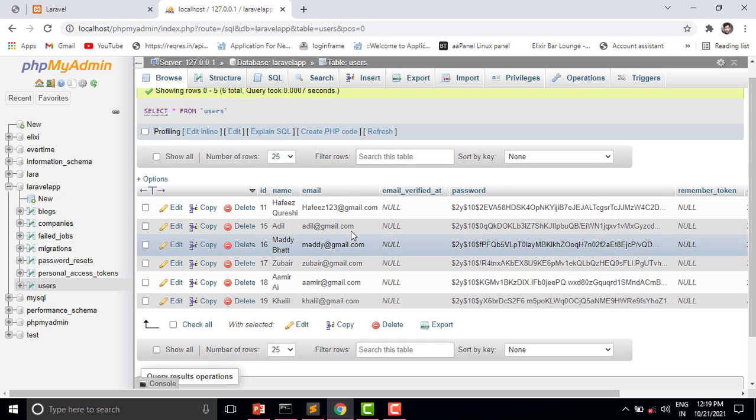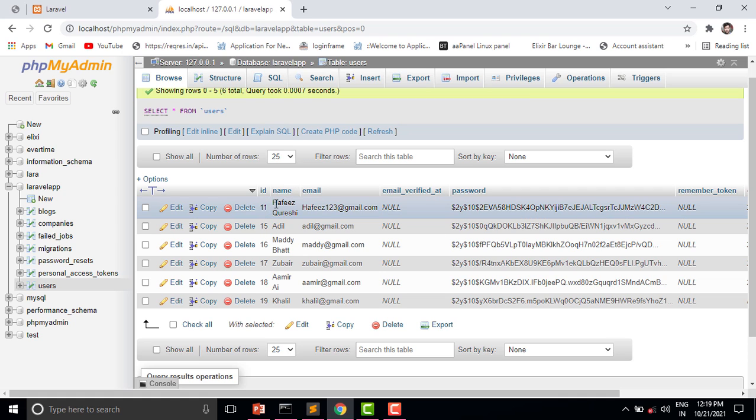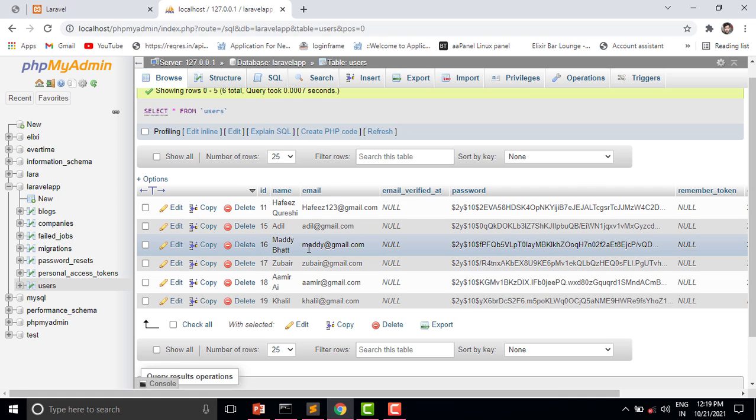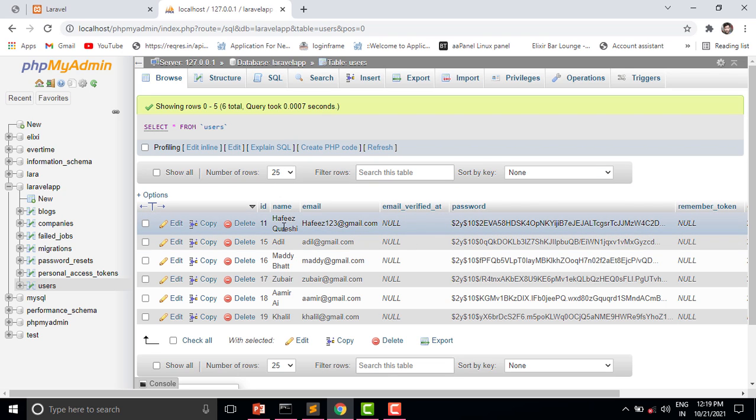Actually seeding is used in Laravel to create dummy data. For example, if we want to add hundreds of users, we can add them by using seeders.